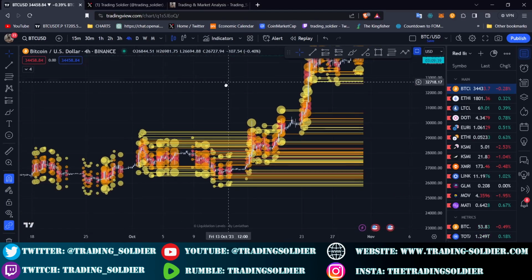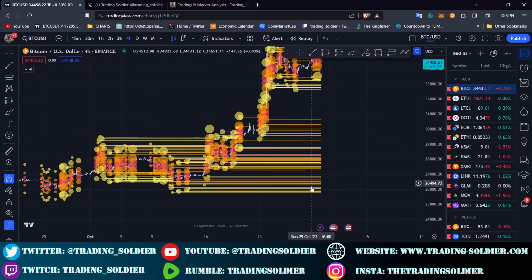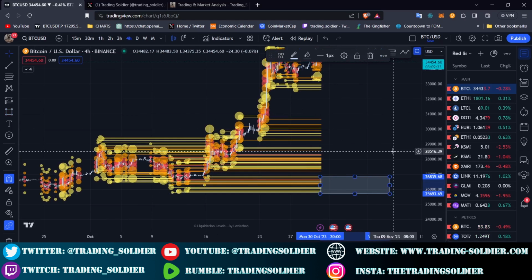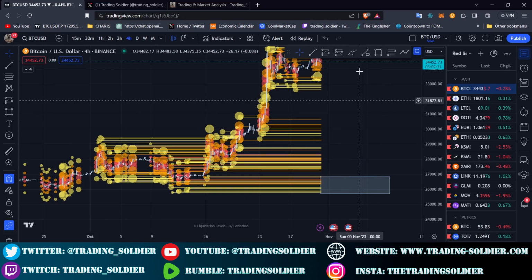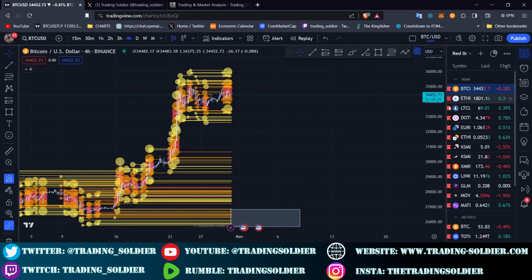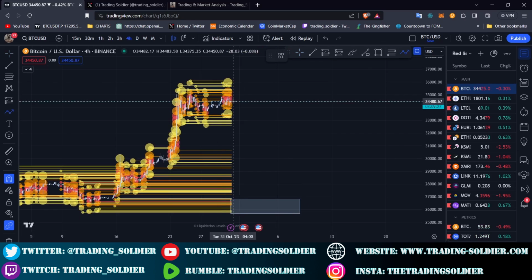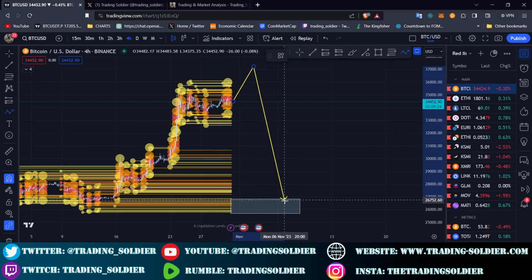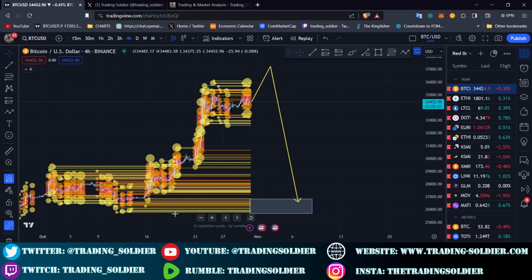Usually this, for example, here is a big pool of liquidity at 26,000. So 26,000 is a level that maybe we want to revisit. Maybe price does this, liquidates early shorts, and then goes here to mitigate this liquidity. So you want to see